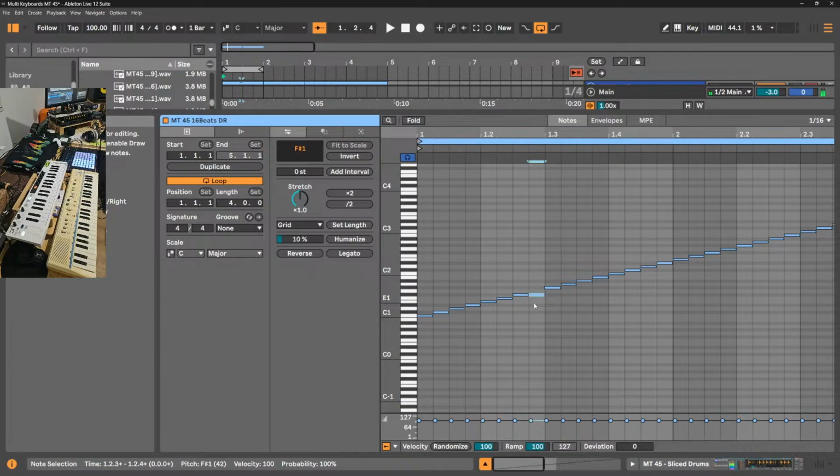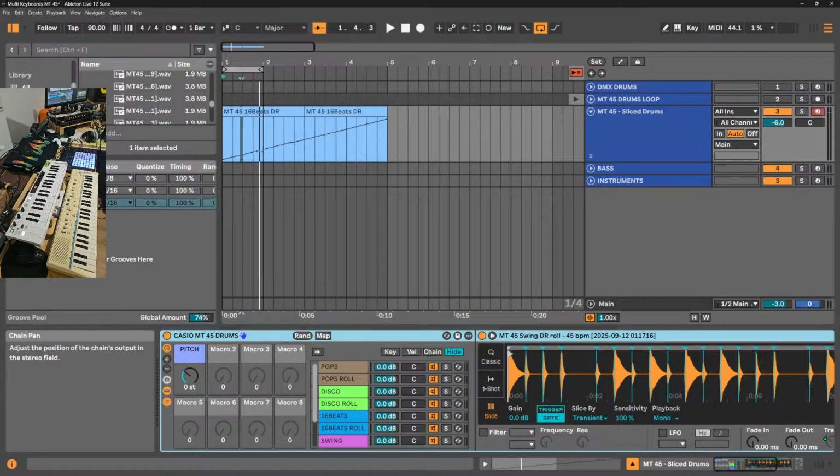For example, here it is a kick, but I just want the hi-hat. What I can do also quickly is to